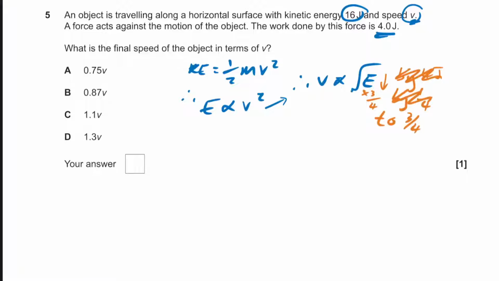So that means that we're looking for the square root of 3/4. So we can say the square root of 0.75, 3/4, is 0.87. So that is our answer. The answer is B. However, the alternative way of doing this, of course, when it comes to any proportionality question,